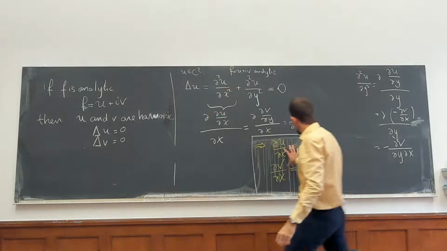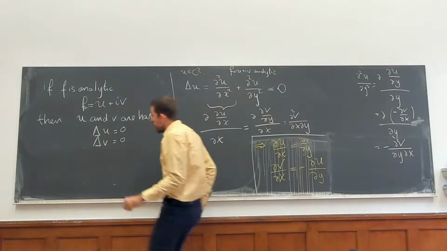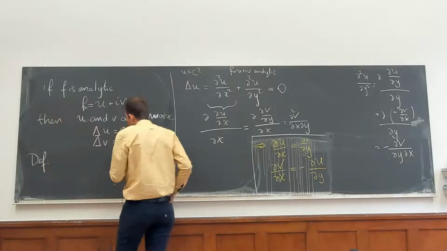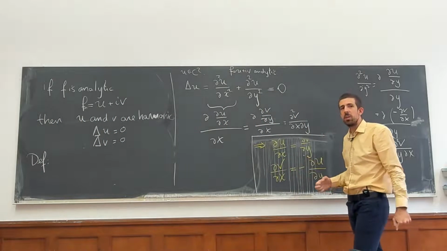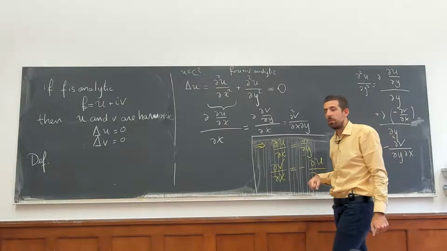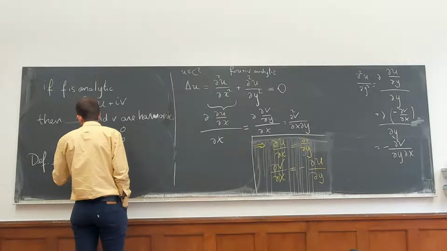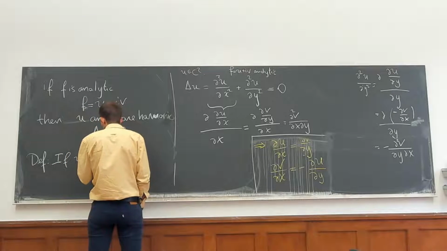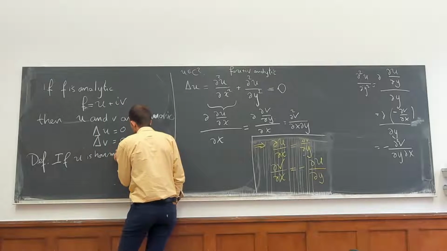And moreover, they'll satisfy these equations. So it'll be good to have a definition: when two harmonic functions satisfy these equations, then we say they're harmonic conjugates. So let me define. If u is harmonic, and harmonic just means Laplacian 0,